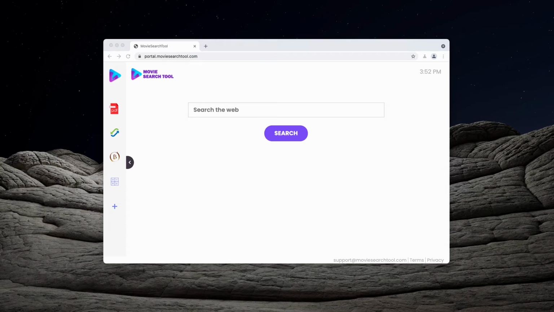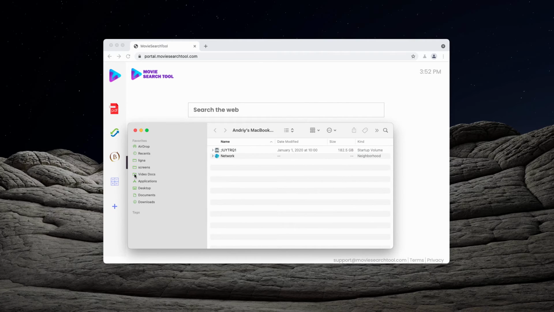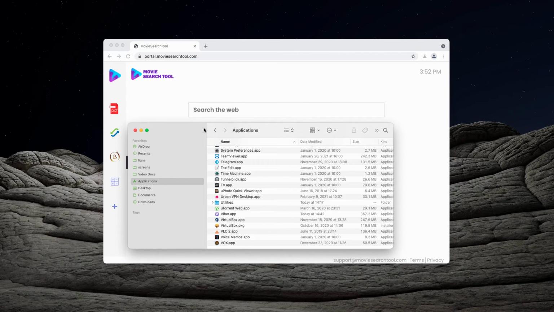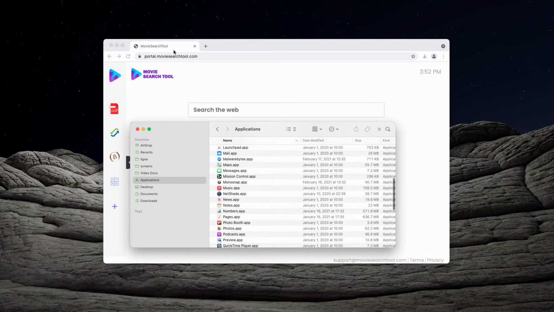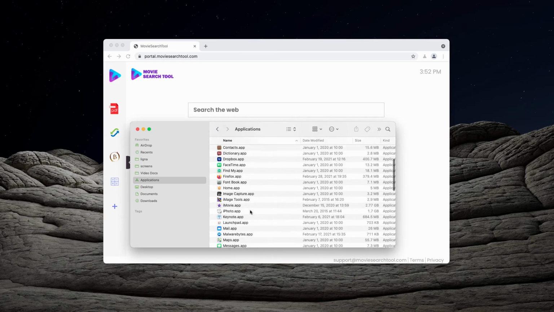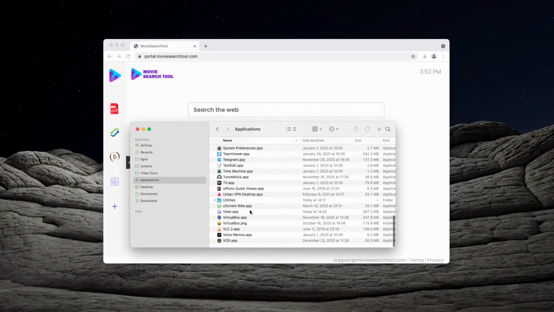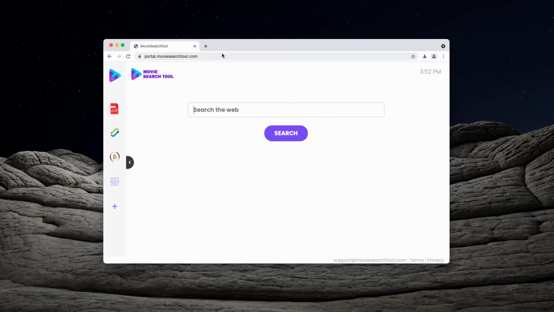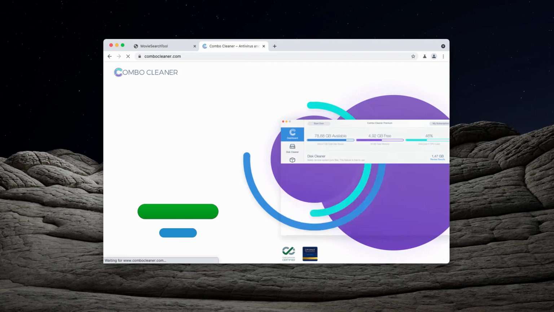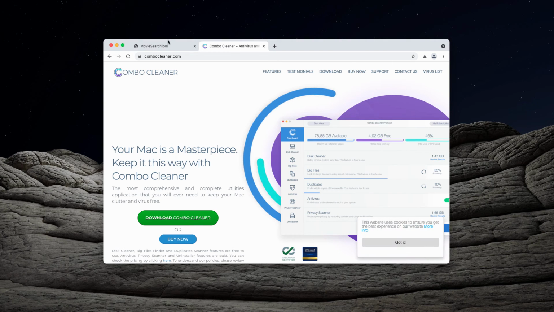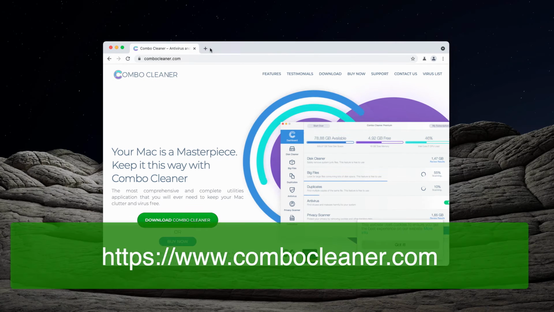Also, consider checking your available applications. It could be that your Mac is infected by some adware that could cause such pop-ups on your screen. So if you see the adware, right-click on it and move it to the trash. I also recommend the automatic investigation of your Mac computer with Combo Cleaner antivirus. For Mac, you may get it on this page,